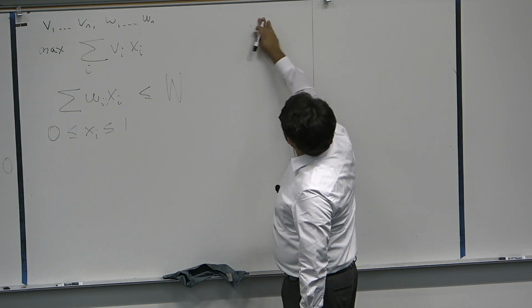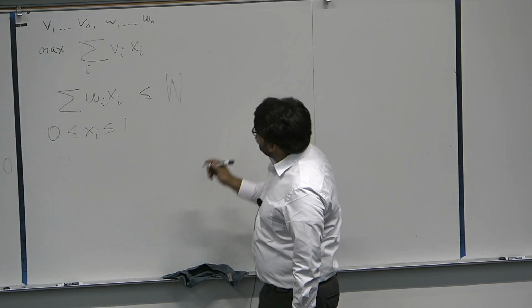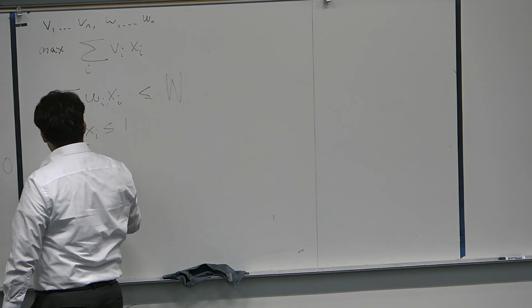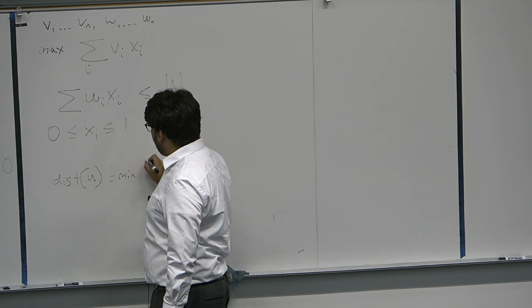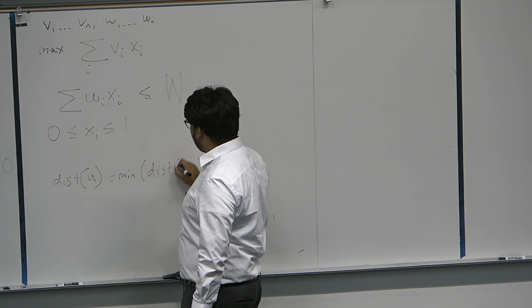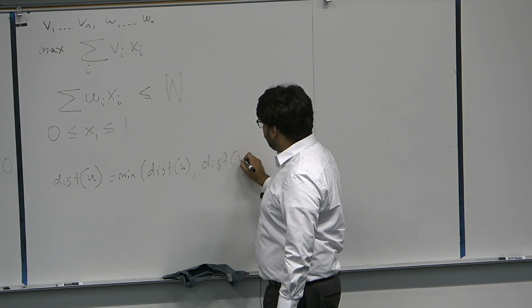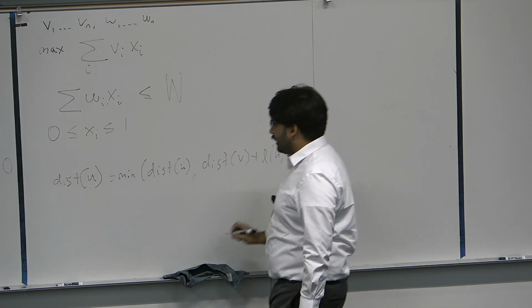Let's see. It was dist(u) is equal to the min of dist(u) or dist(v) plus l(u,v), right? When there was an edge,